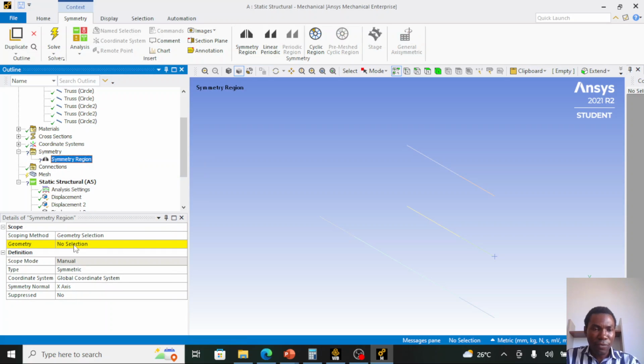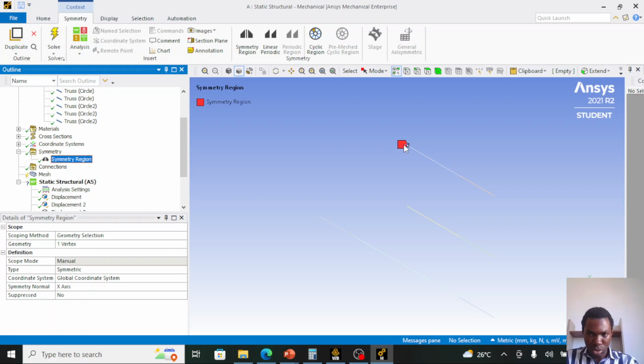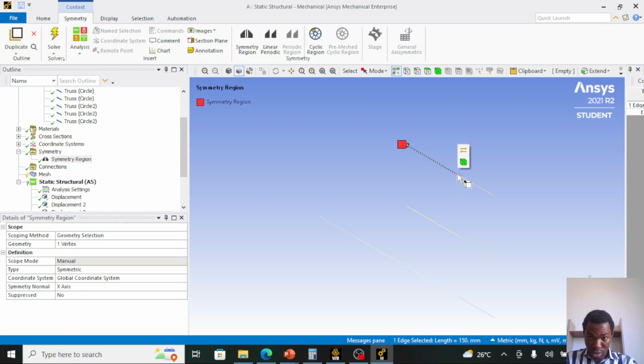So we need to define the geometry for the symmetric region. We will select the node where we want to apply this symmetric region tool. So I want to apply it to this node in our half model here. So I've applied the symmetric region tool to this node. For this node, and at this node,